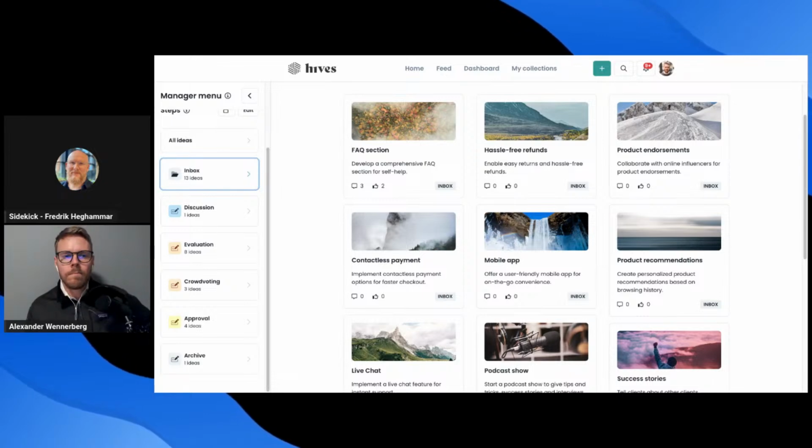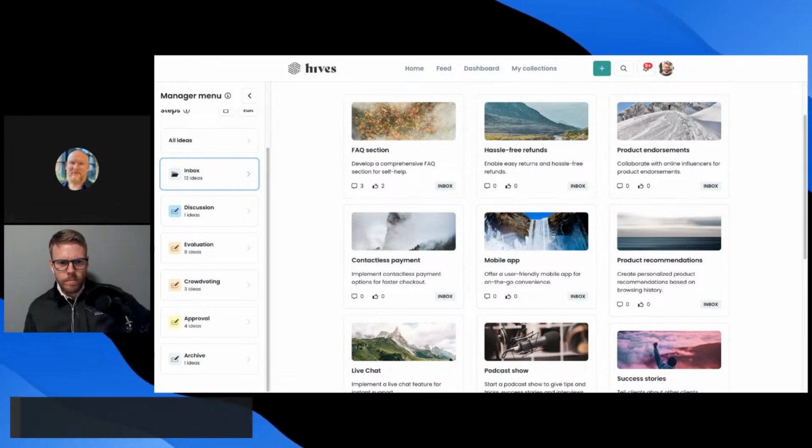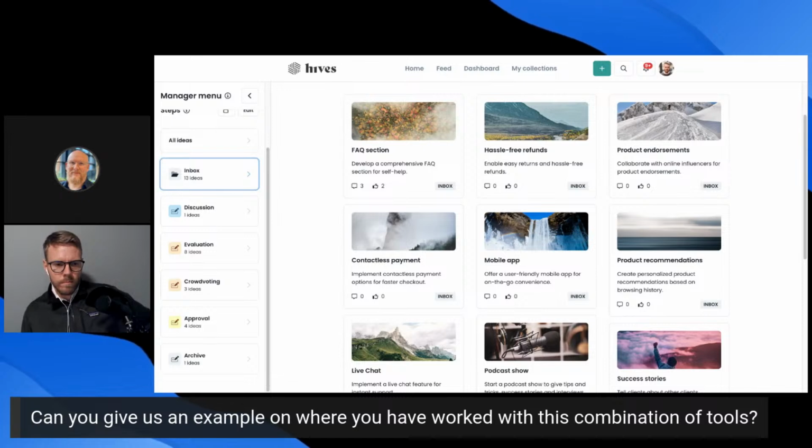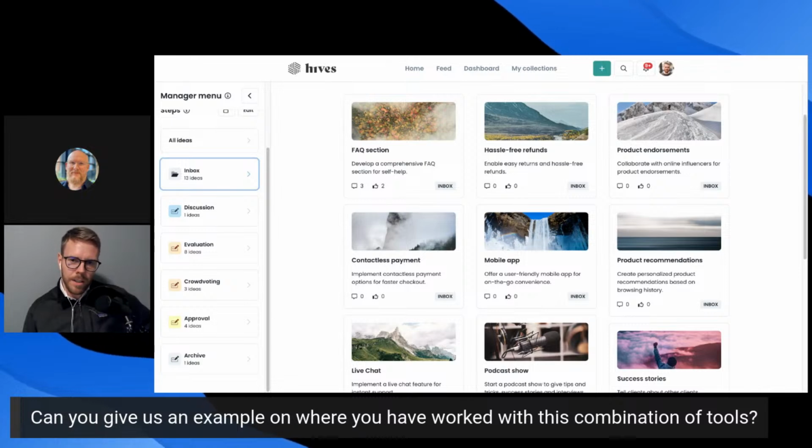Exactly. Thank you. So I have a really good question here. Can you give us an example of where you have worked with this combination of tools? Yeah, sure. So I would say that some of the most common situations where you are using either one of these tools or both of them would be kickoffs or conferences or